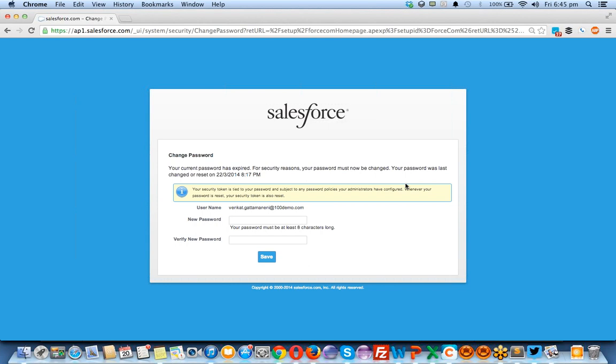So you need to clear all the records from the child object, and then you can create the relationship. Once the relationship is created, if you delete any record in the master object, then all the records in the child object will be deleted. That's a master thing.